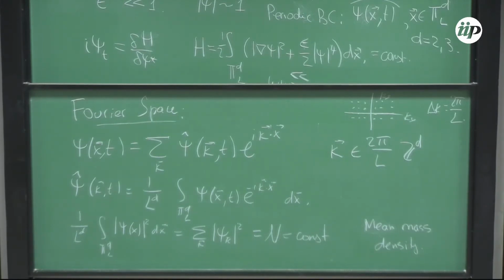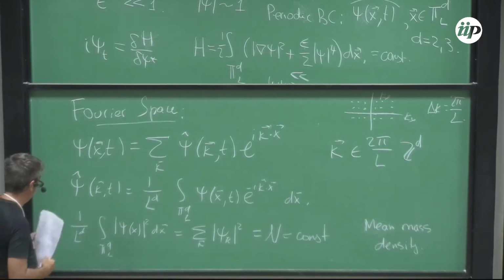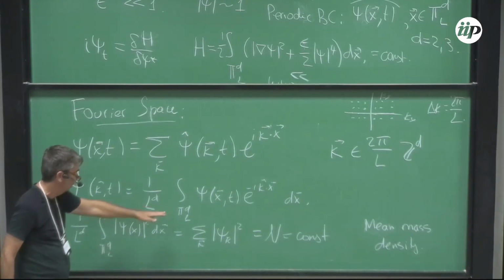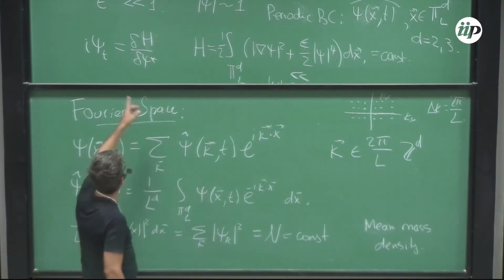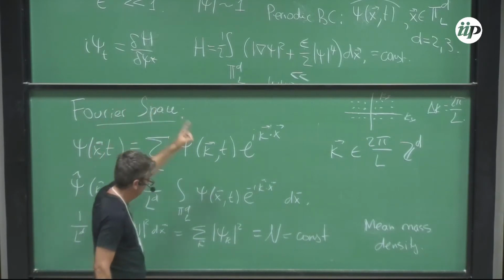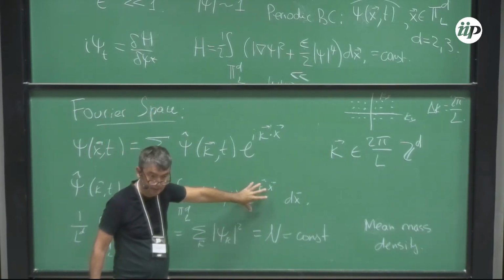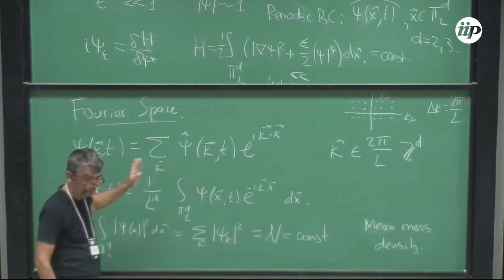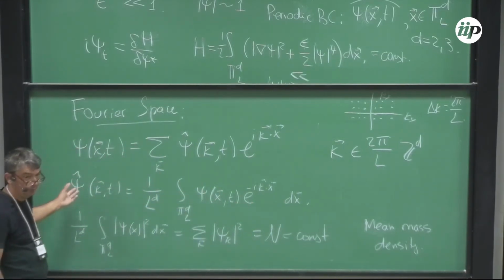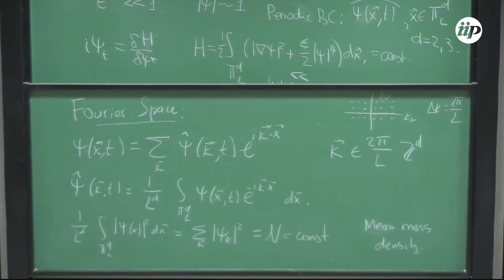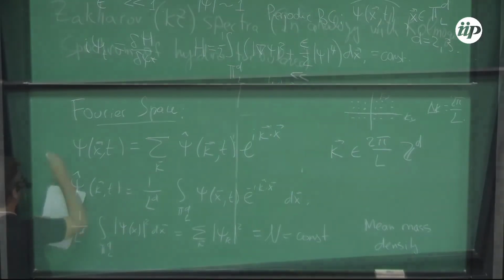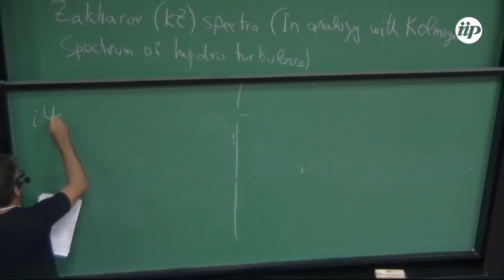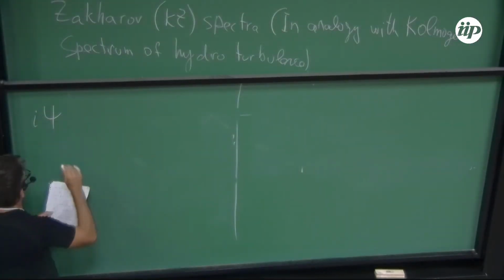Okay, so then what I'm going to do, I'm going to use this formula, right? I'm going to multiply my NLS equation by a complex exponential and integrate with respect to x, so that I get an equation for the Fourier coefficient, right? And if I do that, so now